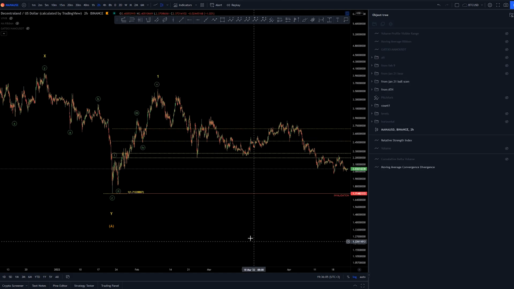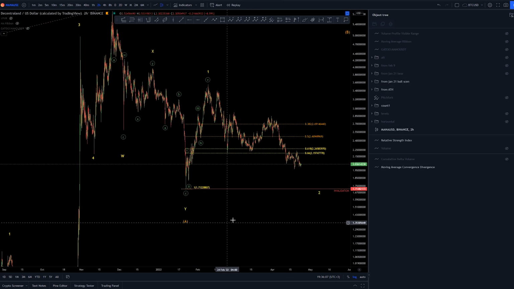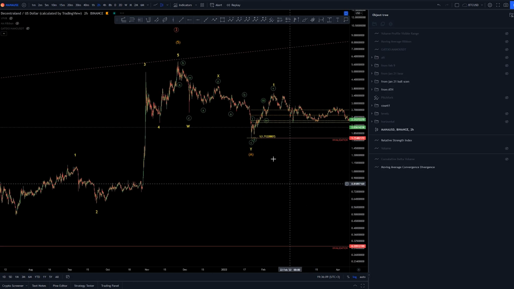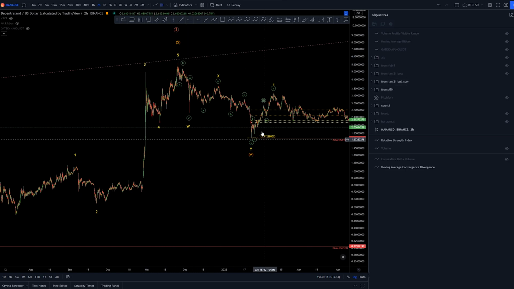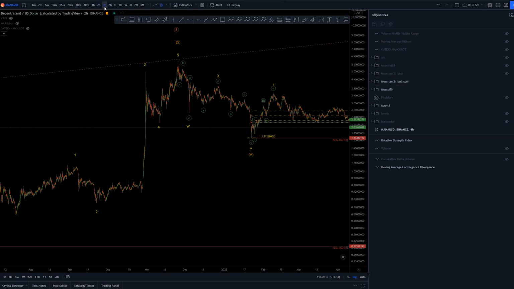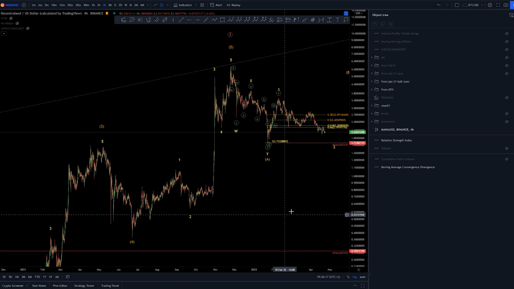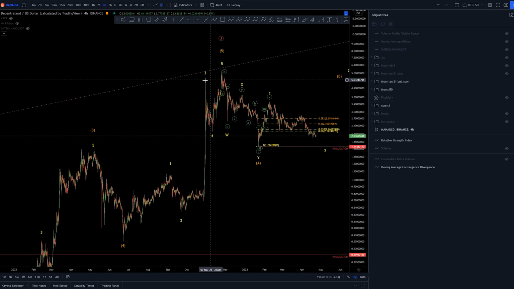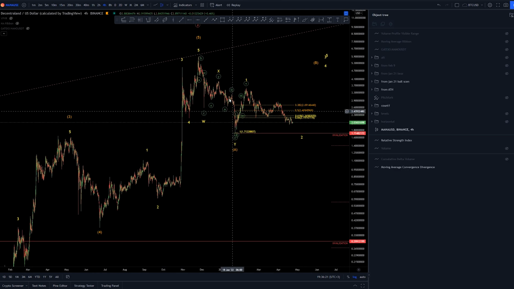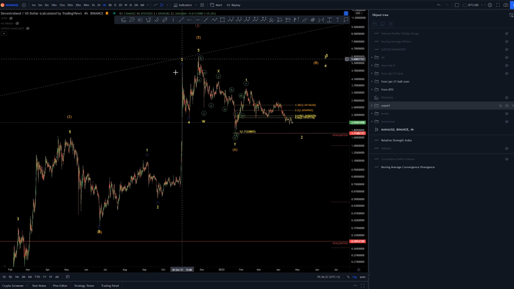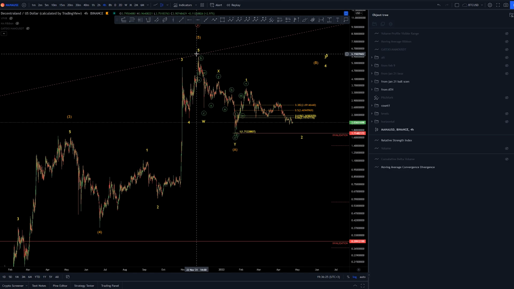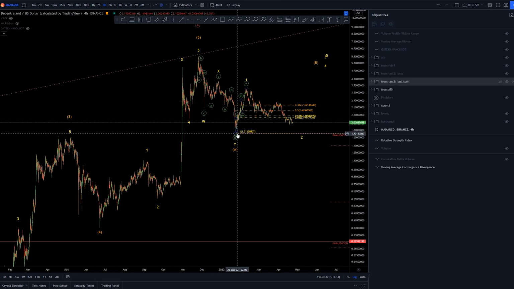We have the bull scenario, but this is unlikely, as it would mean that this correction here is over. And what has it corrected? I'm not sure. Probably this area, but if it is only this area, it would mean again that this is a 1-2 of something, most likely, because